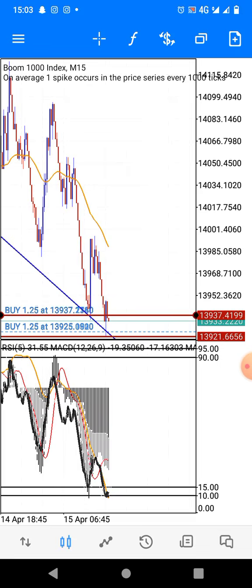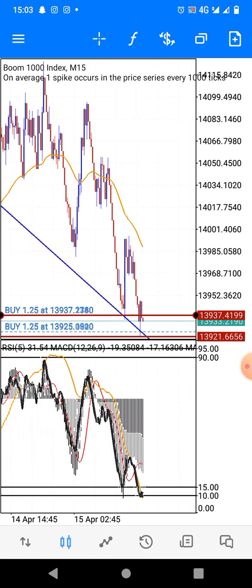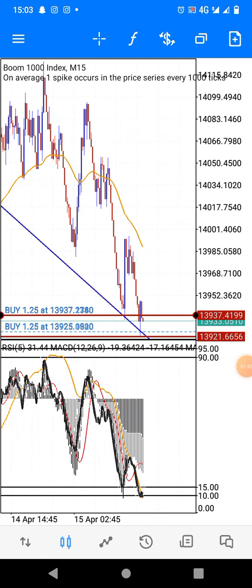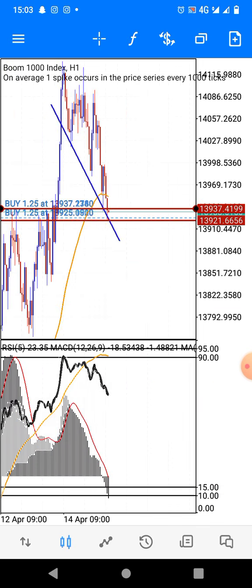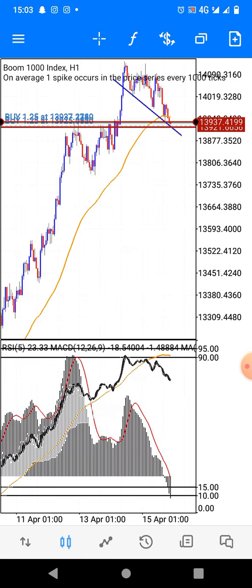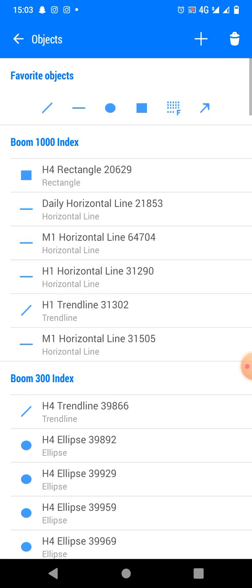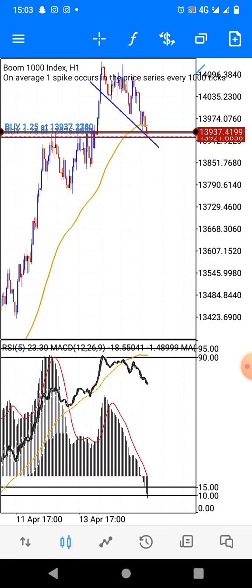The reason why I had another entry is, see the way the 15 minutes candle closed, which is this one, the previous 15-minute candle close. So other than that, with my price action strategy, I've been able to confirm that I should be having a buy to the upside. If you look at the chart, if I draw a trend line from here all the way up without forcing it, you can see that the market is actually bouncing off.